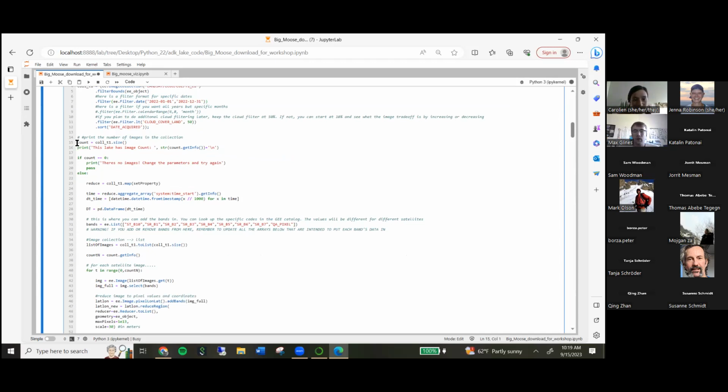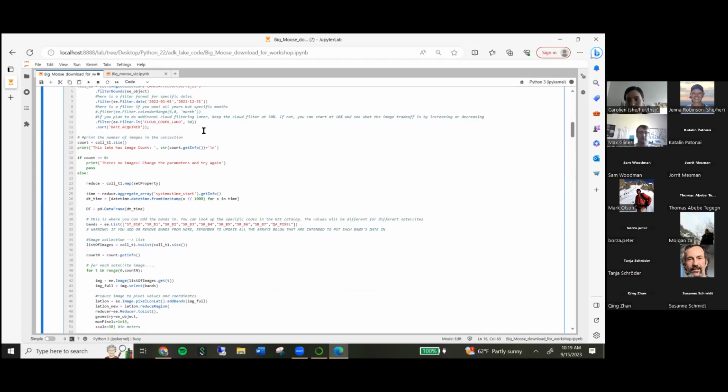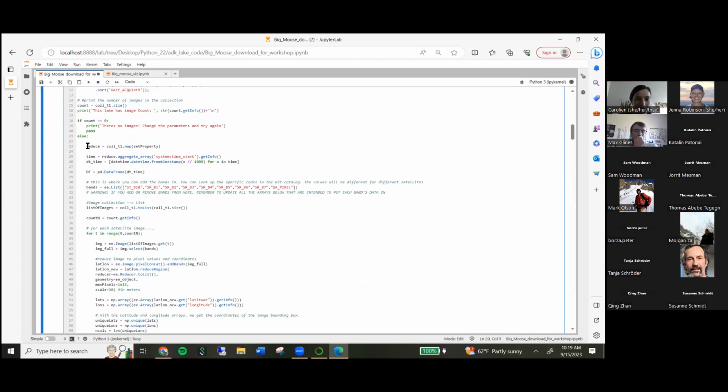This is that first print thing. So after it's done that, it tells me how many images there are in this here, so you have an idea of maybe how long your process is going to take. This is just a little like, whoops, you had too restrictive filters and you didn't actually find any images at all. Then there's a bunch of stuff here that you don't have to worry about any of this, but you do have to worry about